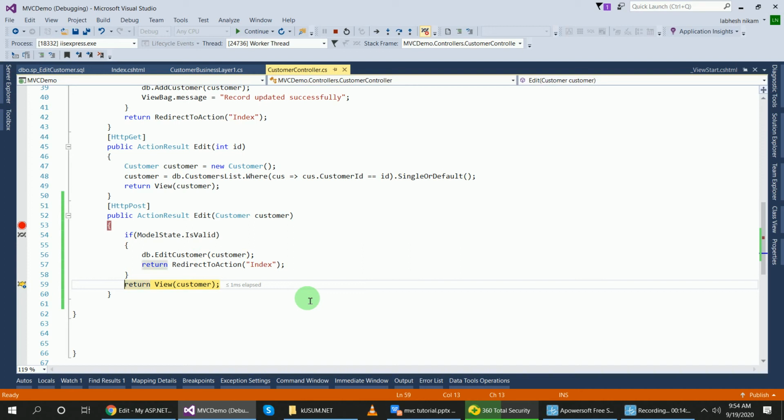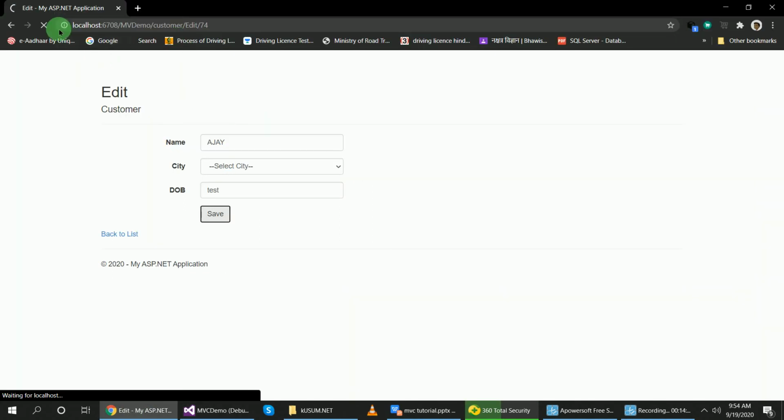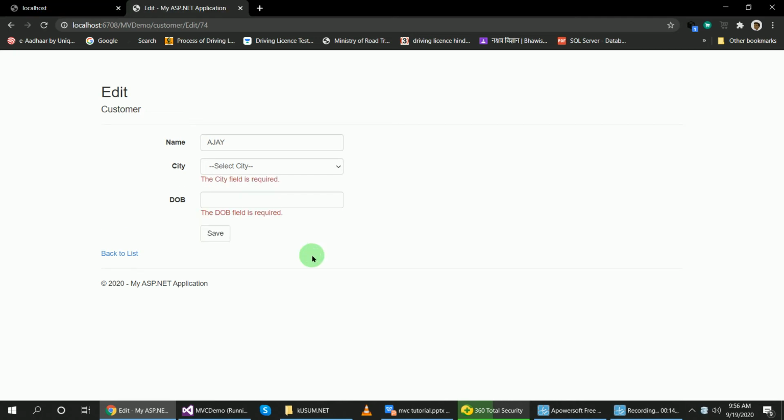Now if we remove this debugger point with Ctrl+Shift+F9, let's check what happens if I pass invalid data. Here I have not selected city, and in place of date I have passed text. So when I click on the save button, what happens? You can see here, if I don't pass anything, not city, not date of birth, then it displays these validation error messages.